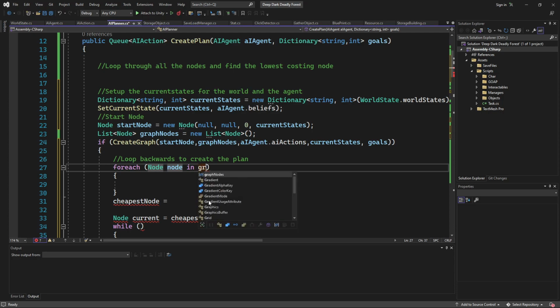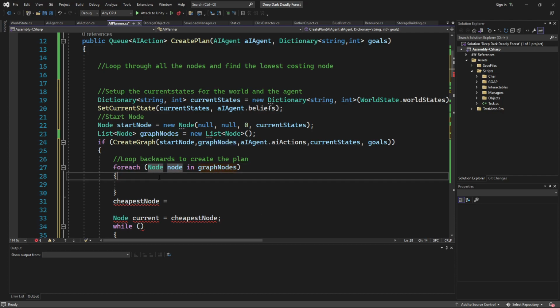Oh, graph nodes. For each node in graph nodes,